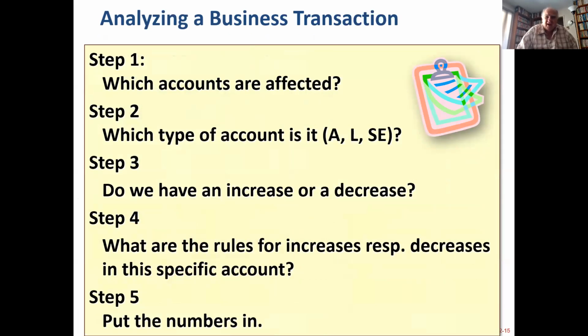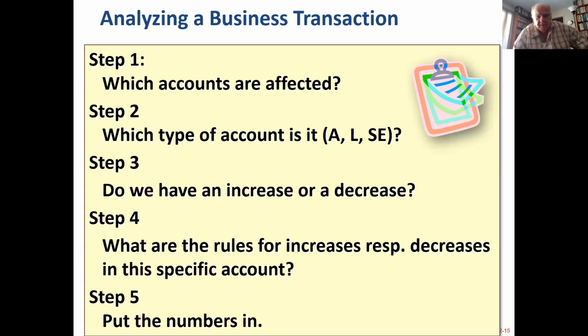So we get a transaction, and we're going to have to think in terms of what accounts are affected. For example, you're at your desk, you open up the mail, and here's the electric bill. Well, you know you have to do something with that, huh? What accounts are affected? Guess what? Electricity expense, if you've got that in a separate chart of accounts item, or perhaps utilities expense, if you include all your gas, electric in one.